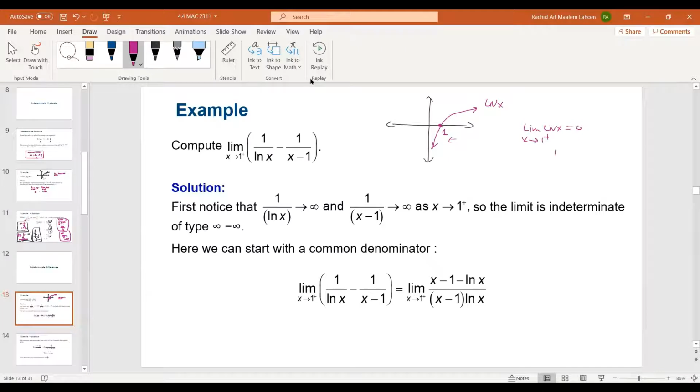So when you do 1 over ln x, it's going to be infinity. So that's infinity. Similar, this one is a direct substitution. It's easy. 1 minus 1 is just 0. 1 over 0, infinity. So this is an indeterminate form. So what we do in this case,